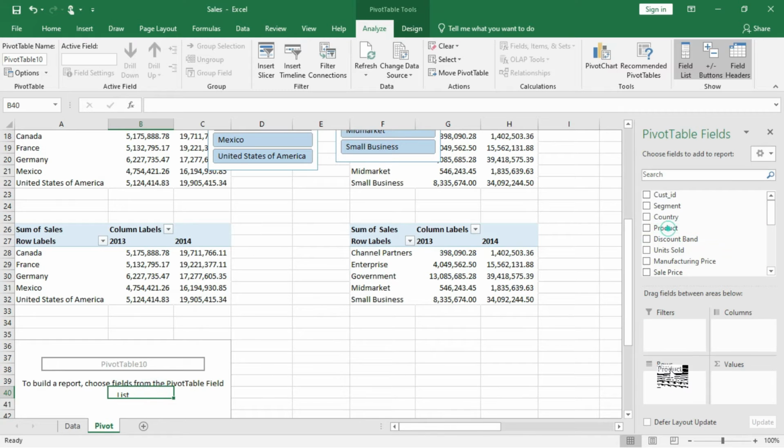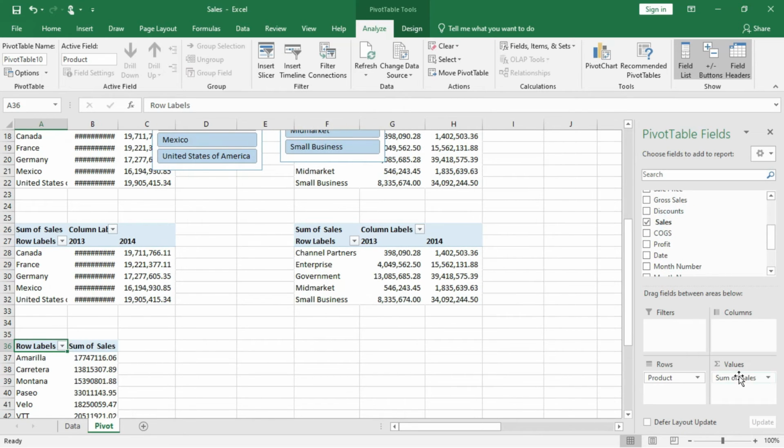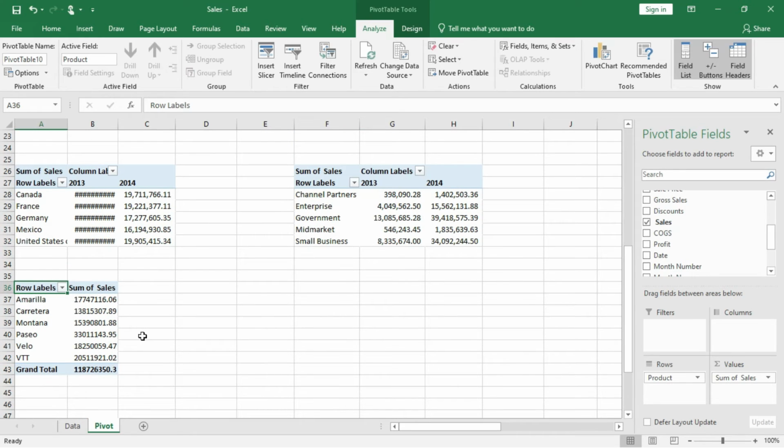I'll select product here, then sales. I want to calculate the total sales for each product, so I'll pull sales here. Now we have total sales for each product,